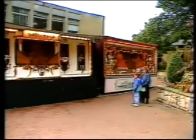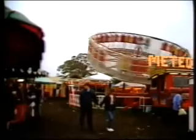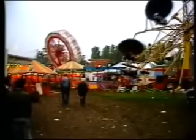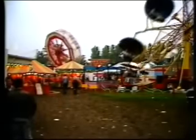Any history of Houghton would not be complete without mentioning the annual festival of Houghton Feast, which has been celebrated every October for over 800 years. Originally, it was the festival of the dedication of the Church of St. Michael and All Angels, and has developed into a large fair embracing the whole of the town. This photograph, taken in 1895, shows the Lake Fairground, still